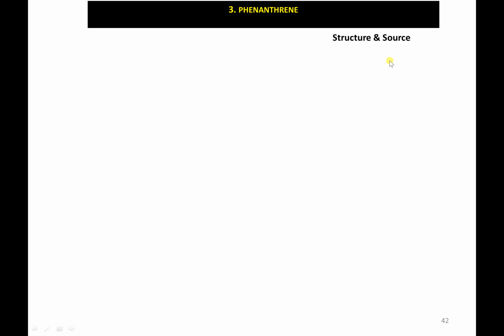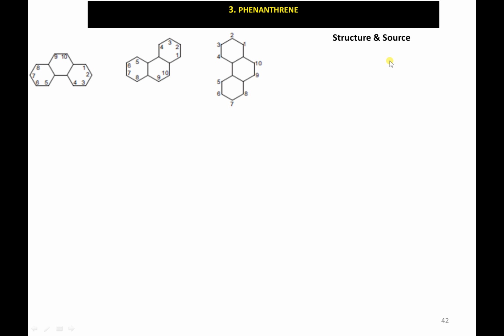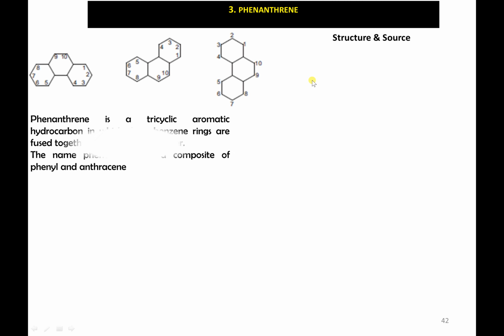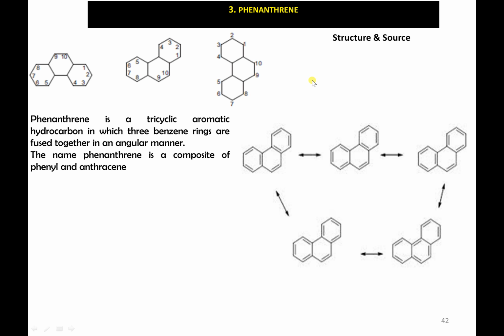Phenanthrene, if you see the structure, you can write phenanthrene in any of these fashions. Either the central ring is on the top or the bottom or sideways. It's a tricyclic aromatic hydrocarbon in which 3 benzene rings are fused in an angular manner. Earlier the name was derived from the composite of phenyl and anthracene. It has 5 canonical forms,